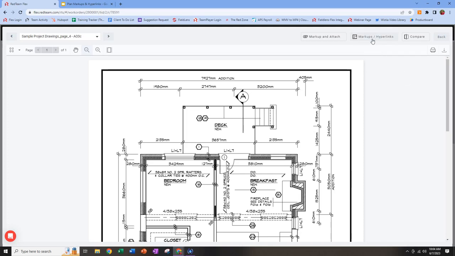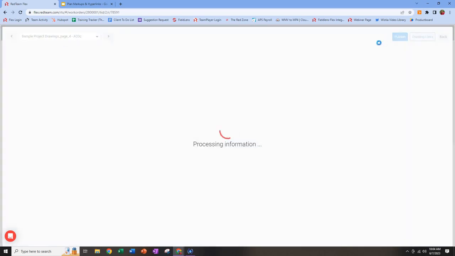The other option we have here is markups and hyperlinks. We also think of this markup button as a red line markup. So over here, if I'm making a markup, it is a new permanent addition to that drawing. We've also got a new hyperlink feature, which allows you to hyperlink between documents to various plan and specification files throughout your project. So if we click on this one,